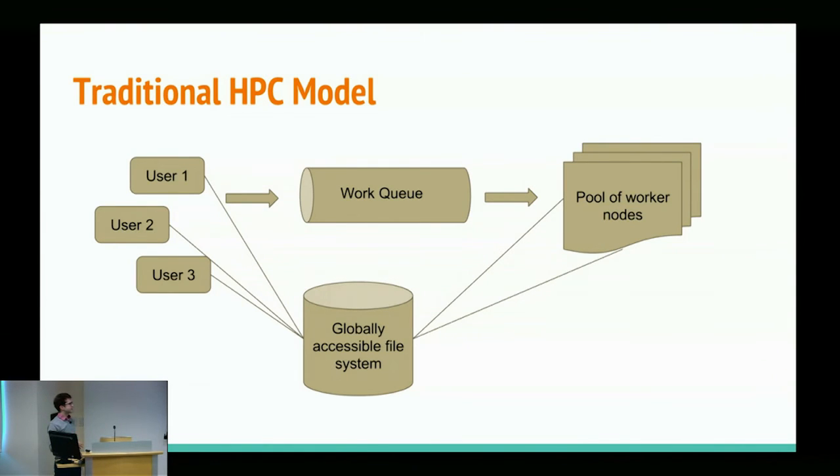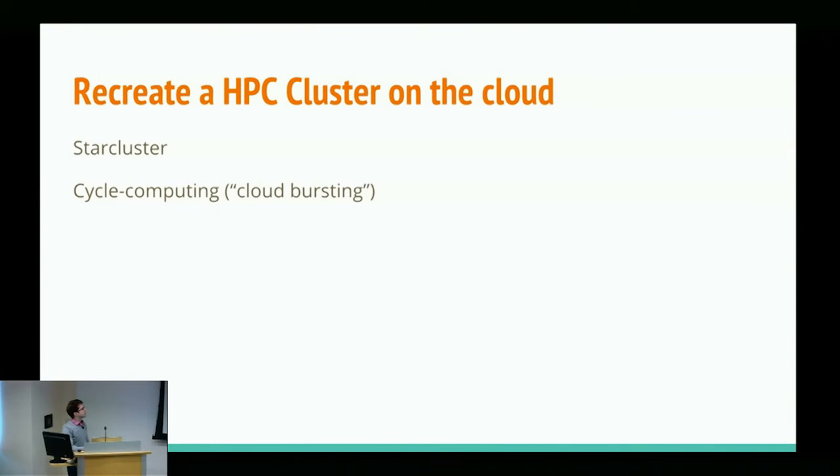I had this typical pattern of, you have a shared cluster that is a capital cost, people make an investment, it's this thing that's available. You have a globally accessible file system that all the workers can access. There's some high bandwidth interconnect between those two things. Every piece of this thing is expensive. And users are put into this work queue. They can share this shared resource. And it has a lot of nice properties and actually had been successful for a very long time. However,